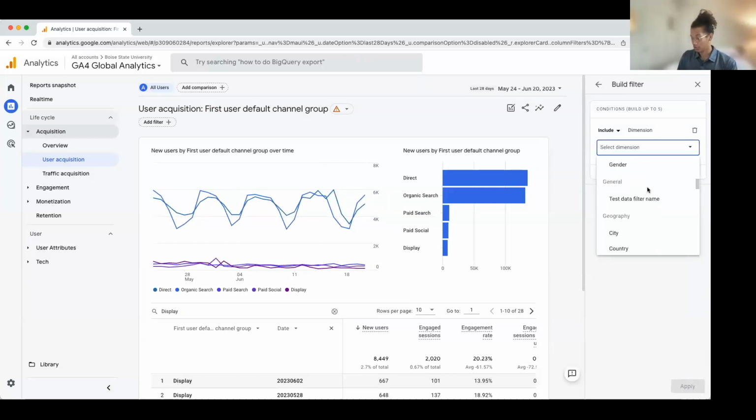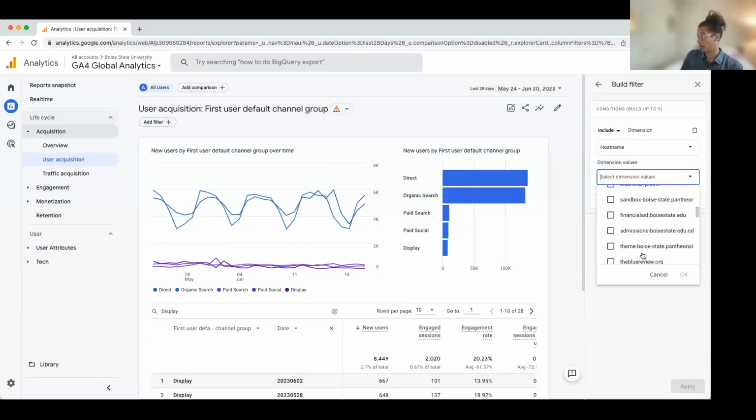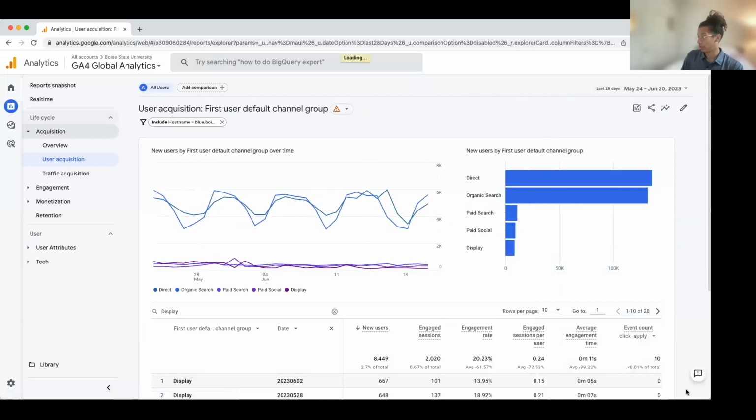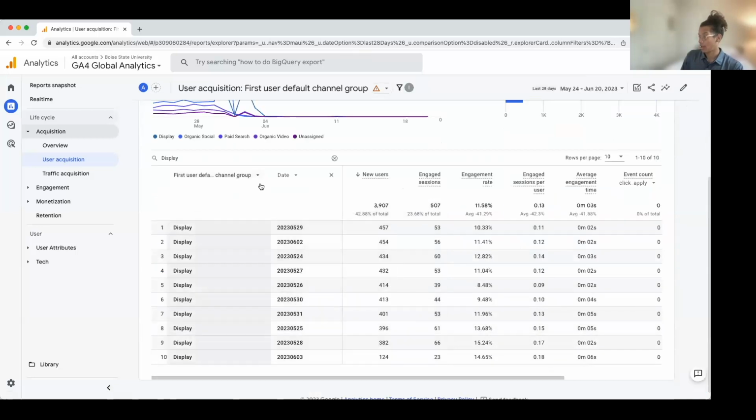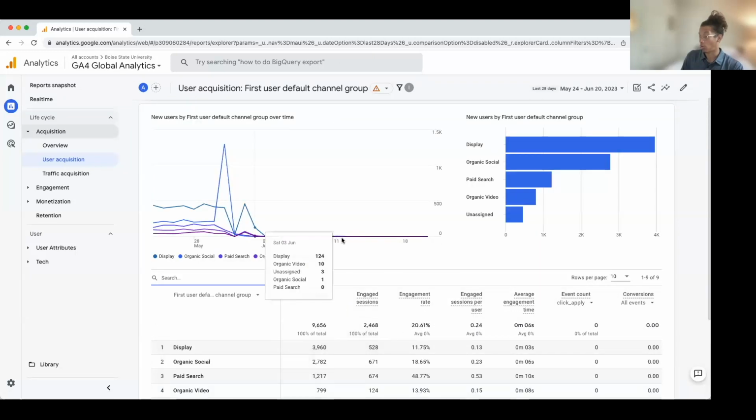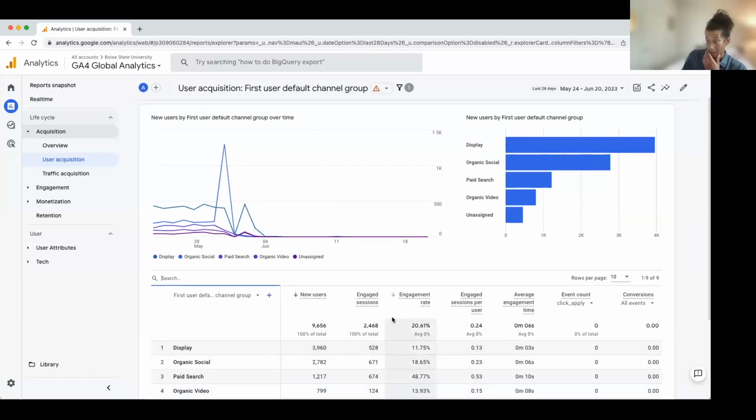So let's search for host name. Now, let's say you have a specific host name that you are interested in looking at. So let's do blue.boisestate.edu. We'll select apply. And now our data is only traffic for the host name that we selected.